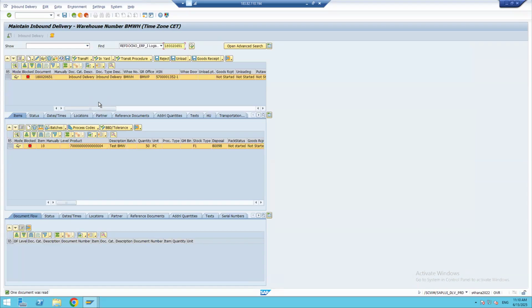Now, can you tell me, is it in error, or can I go ahead with processing? It's in error. How to find the error? So before going to the error part, can you see here at the item level, if I go to form view,